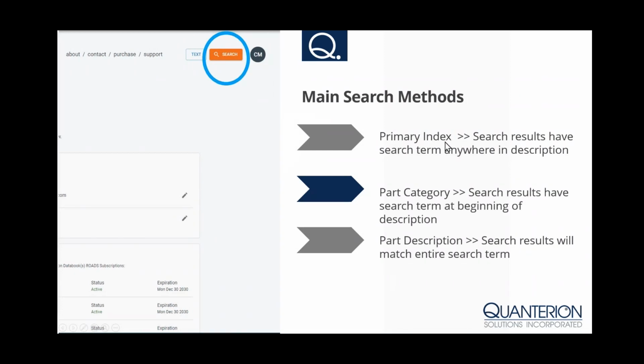The main search methods, we're going to explore these. This is just a reference slide. When you get into Roads, it's nice to know how these different search methods work. Your primary index search means that it's a primary term that you're searching on, and your search results can be